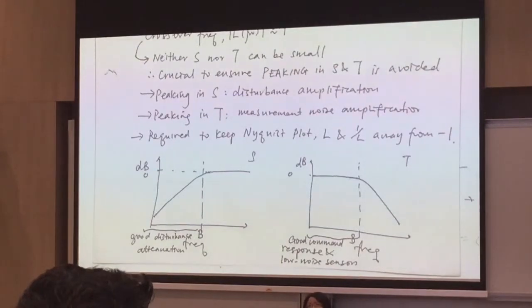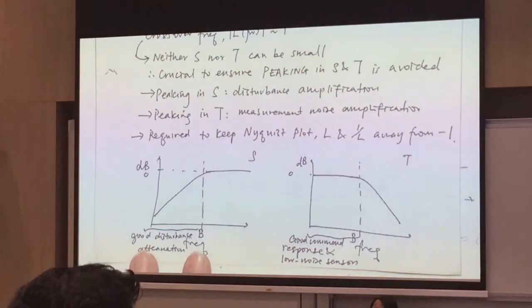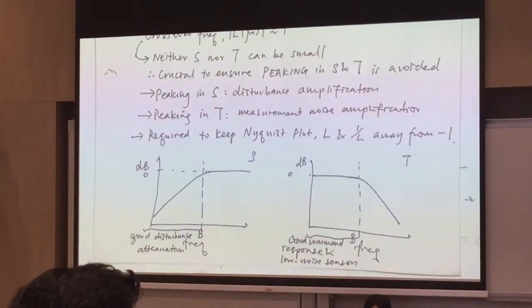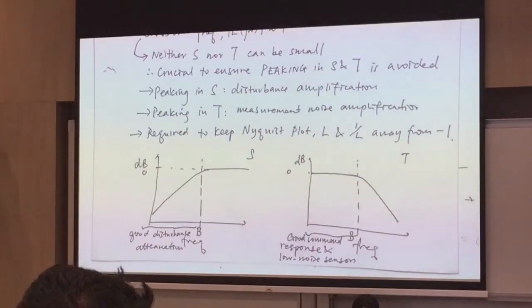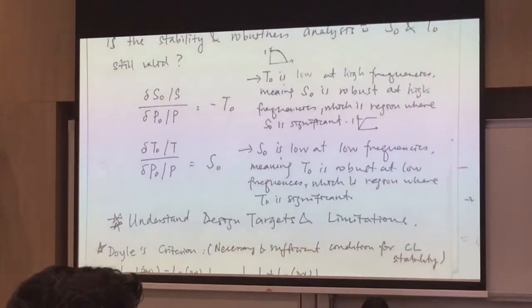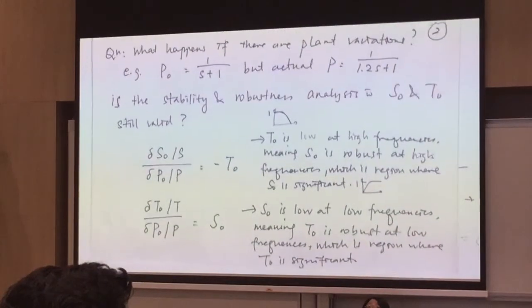And I think sometimes you'll be asked to draw the Bode diagrams for S and T. Not often, because it's too simple. Just note that when S is small, it comes with disturbance attenuation. T is approximately 1, which is 0 in dB scale. It's called command response, and however you need a low noise sensor. Okay, this is slightly more interesting, which is something that is not very obvious.